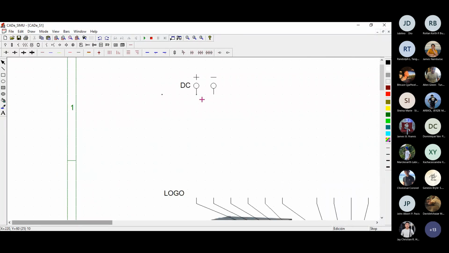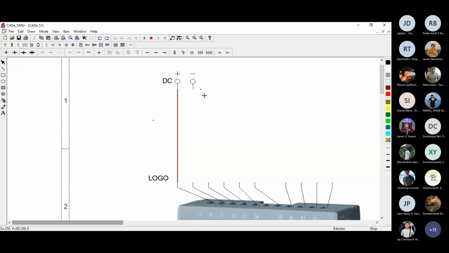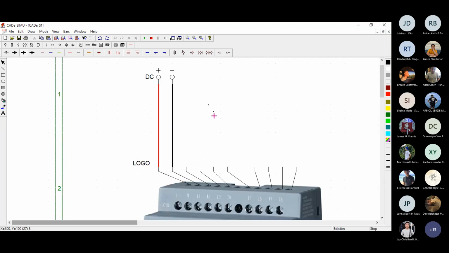And then for the negative terminal, the negative supply, this one. Although you can use red wire, it would be better to use the other color, so the black colored wire. Drop it and then make sure you end up with the correct termination. And then for the PLC, for the input,